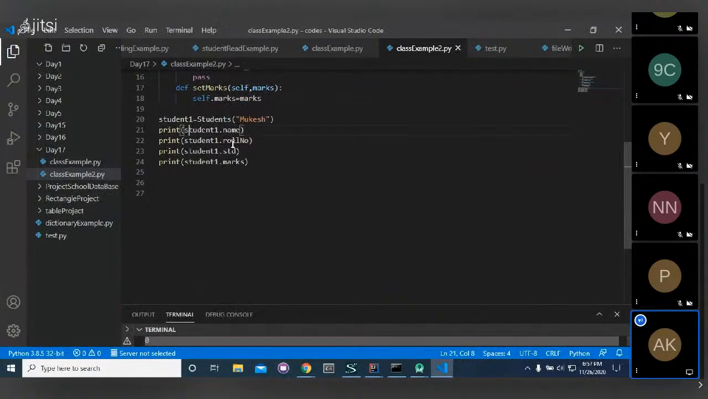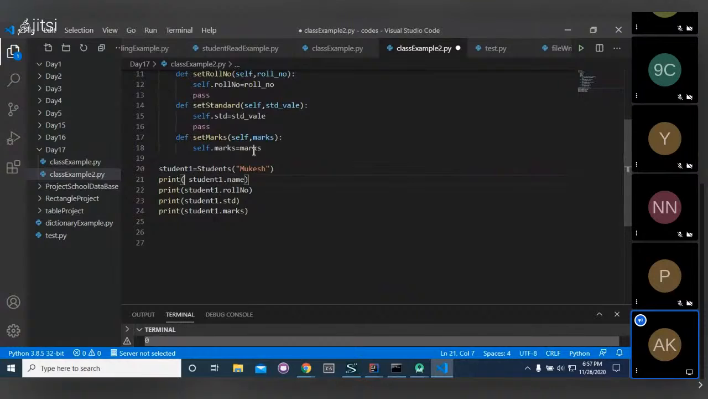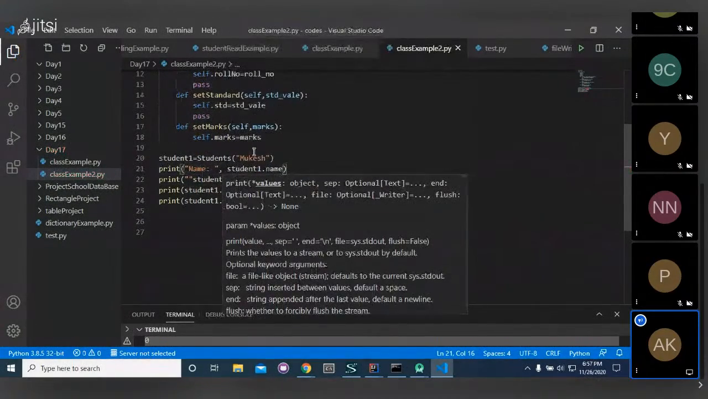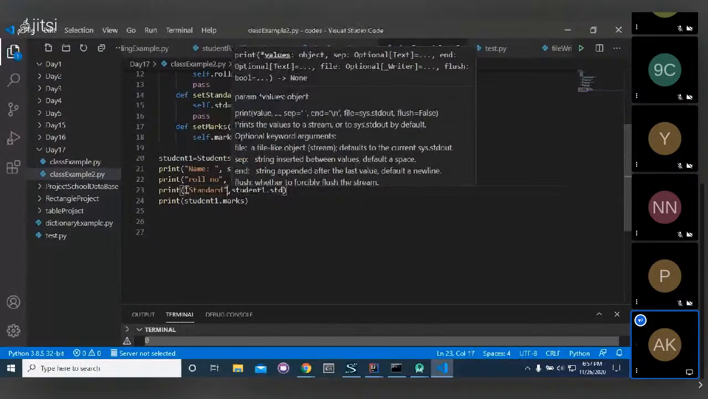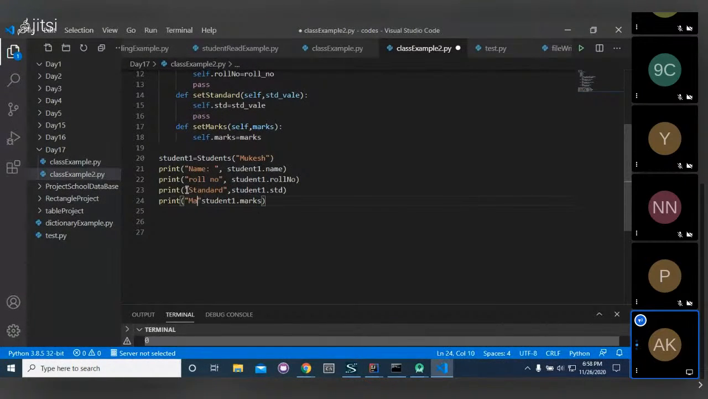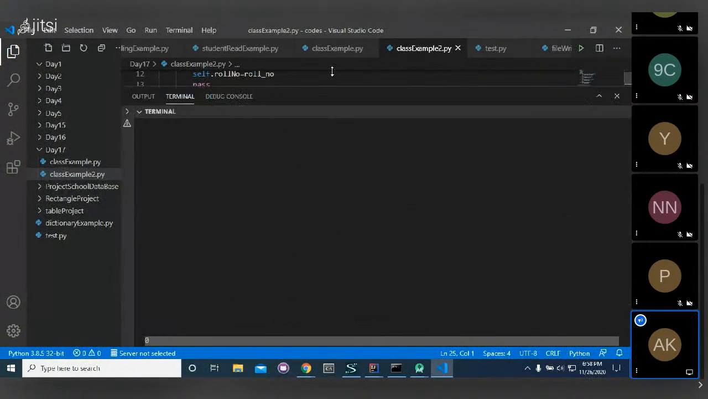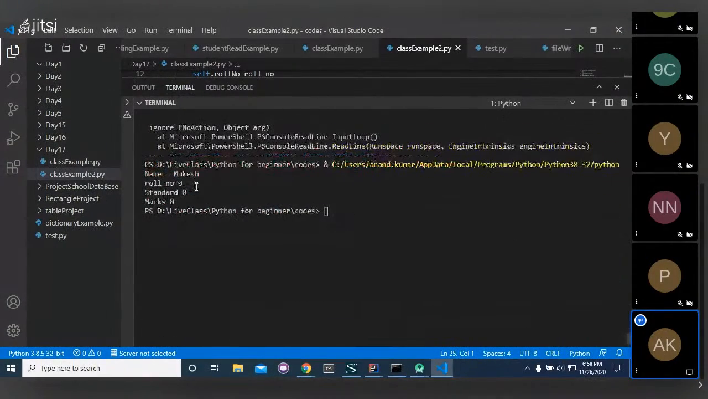Actually, it will create confusion. So I'm writing here name, roll number, standard, and marks. Now run this program. You can see that it is telling you name is Mukesh, roll number is 0, standard is 0, marks is